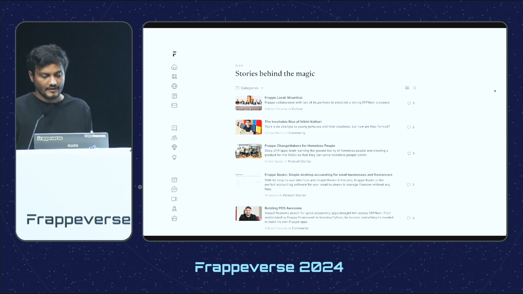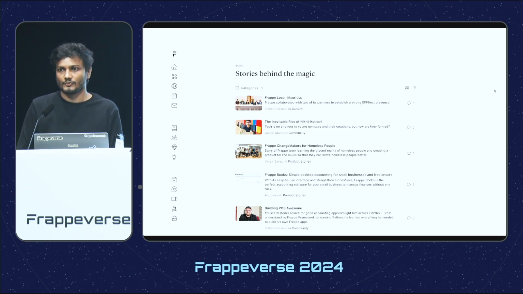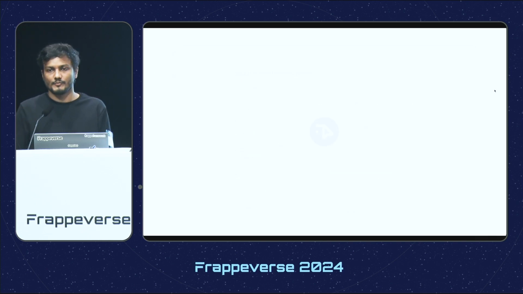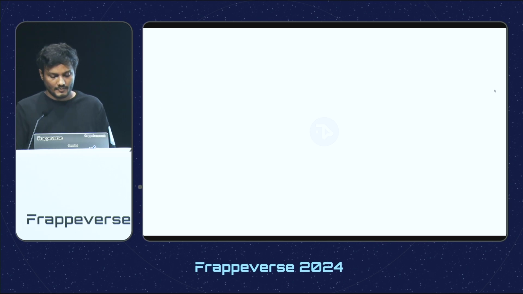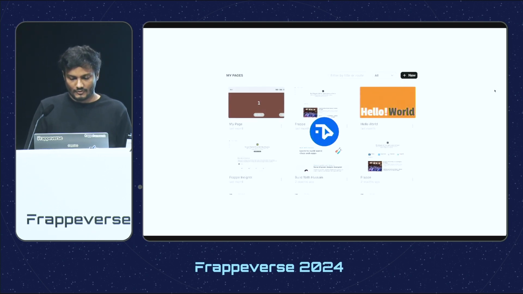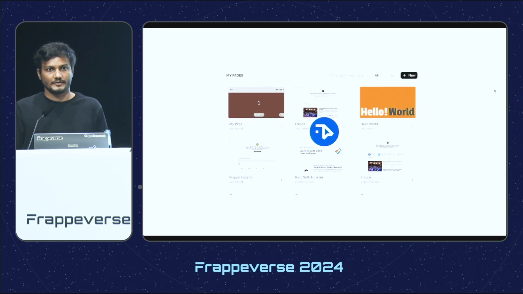So once the design is finalized, ideally in the past, I would hand it off to a developer. But there was another amazing development happening at Frappe at the same time, and that was Frappe Builder in production by Suraj. So I believe he's already spoken on this earlier today. But essentially, it was a great opportunity for us to showcase the capabilities of Builder. So yeah, it was the first time at Frappe that I not only designed the web pages, but I also implemented it myself.